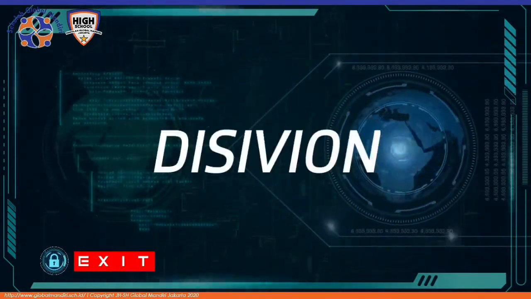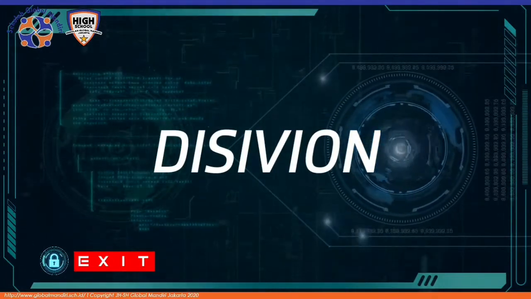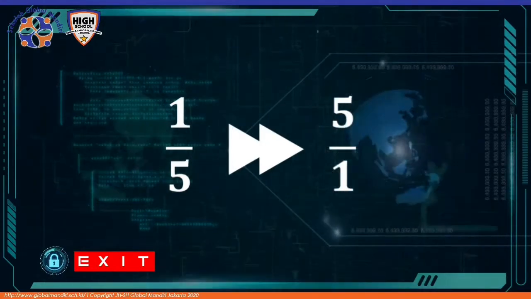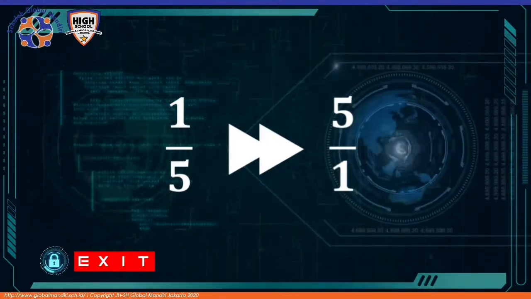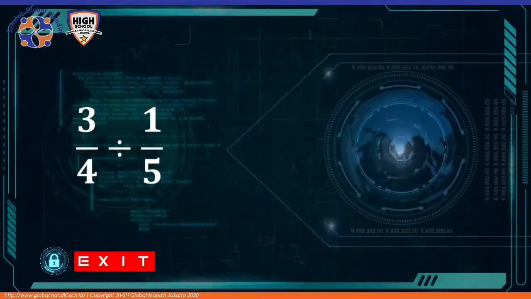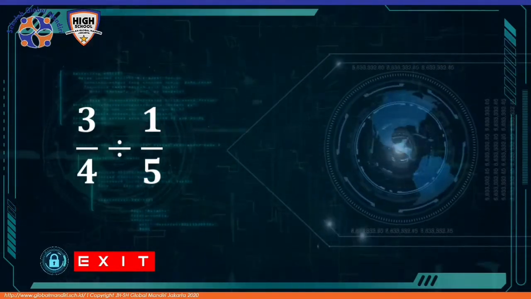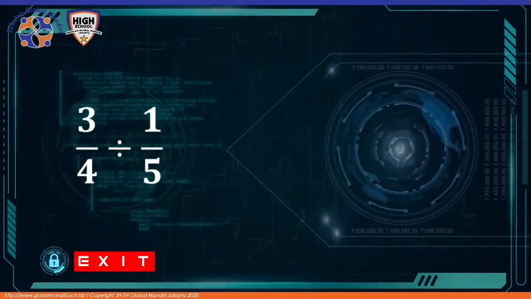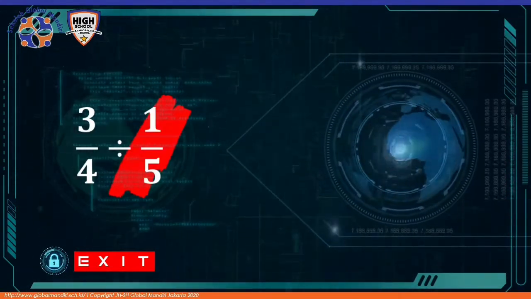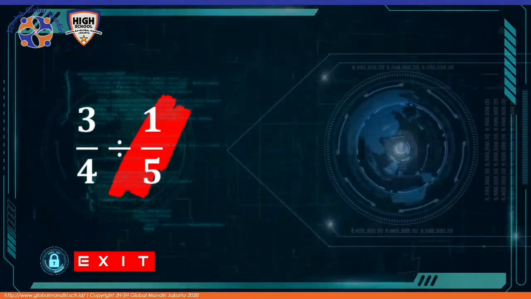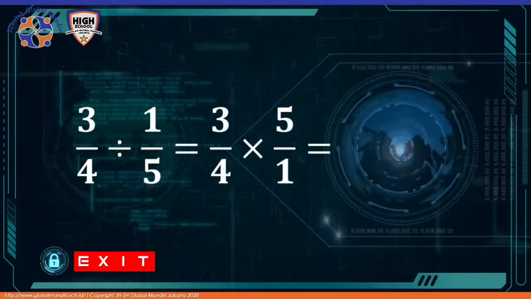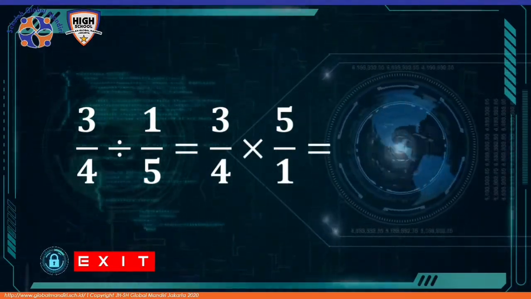For division of fraction, we have to do something unique. We have to reverse the position of the other fraction, then multiply it. For example, we have 3 over 4 divided by 1 over 5. To do division for this fraction, we need to reverse the other fraction, or the fraction that is on the right. So we have 3 over 4 divided by 1 over 5 will be 3 over 4 multiplied by 5